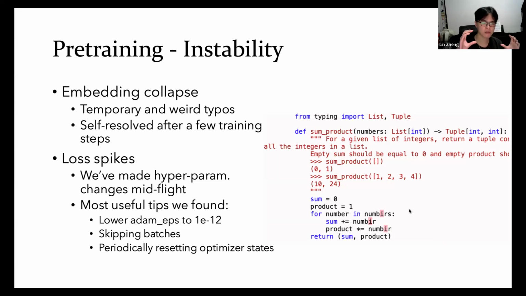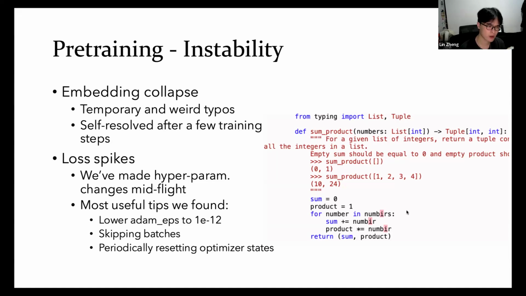Basically, some intermediate checkpoints could follow the semantics and write the whole piece of code very well, but when transcribing or copying a variable name, they got it wrong. It looks very weird because almost all the other stuff is correct. Yeah, so we observed this weird